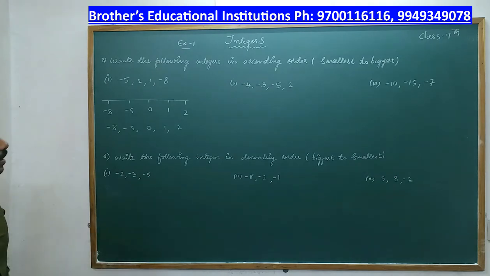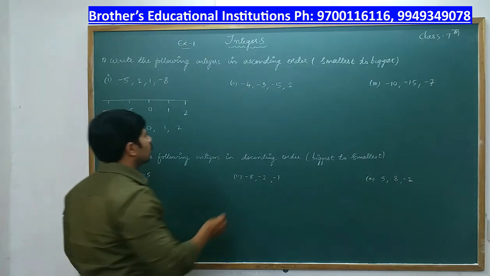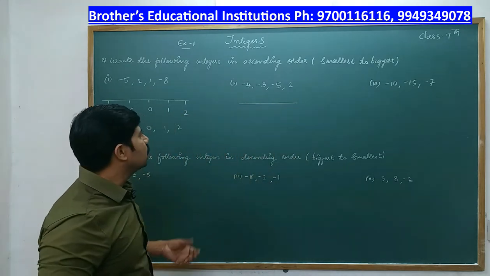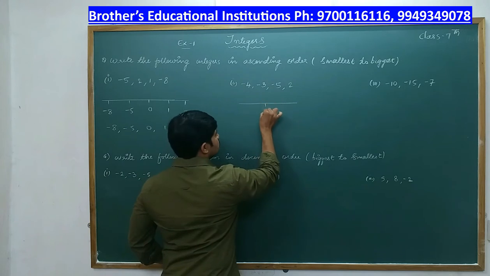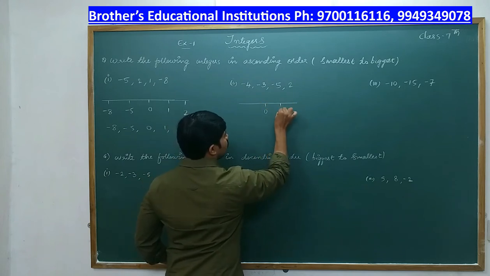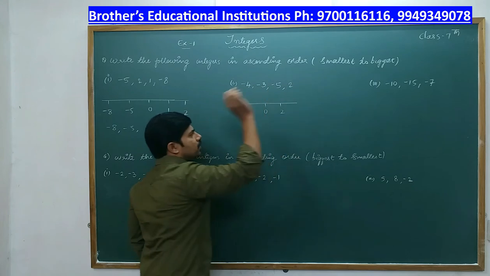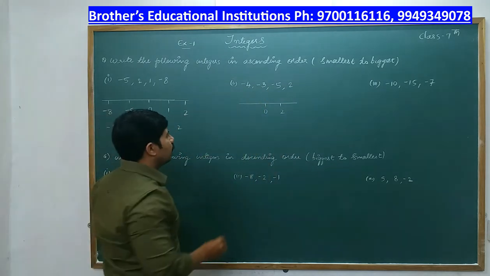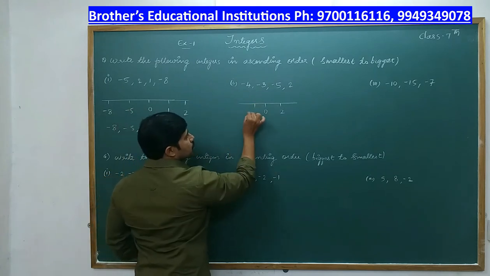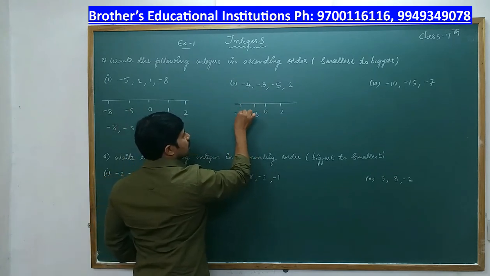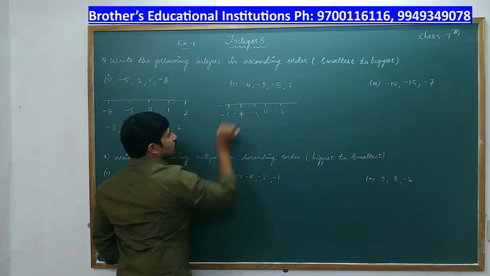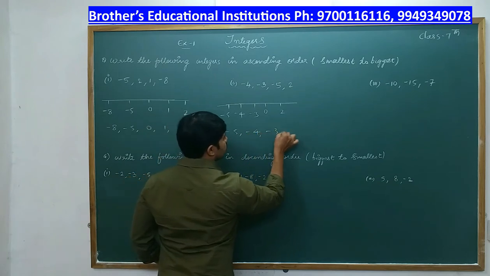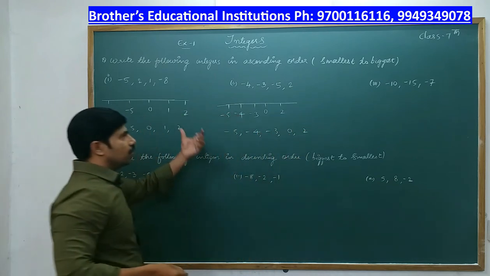So this is completed. Now we'll go to the next one. In the next one also, actually a number line is not compulsory. We can list them out, but I'll just show it on a number line. So this is 0. After 0, we have 1, 2, 3, 4, 5 and so on. But here as we don't have 1, I'm not representing 1 on the number line. So 2. And on the negative side, we have -1, -2, -3 and -4. Then we get -5. So the ascending order is -5, -4, -3, 0 and 2. This is the ascending order of these numbers.